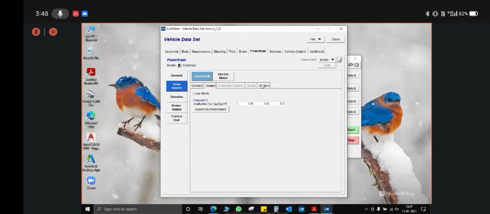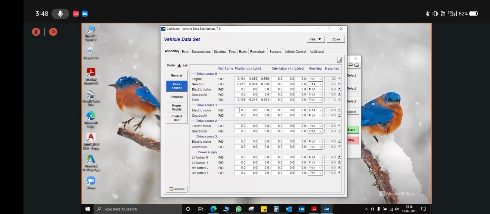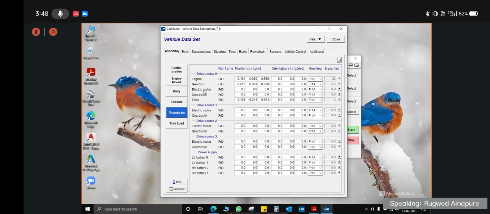If you select flexible driveline, then you have to define the drive shafts. But if you don't have the stiffness and damping values of your half shafts, then you can unselect this option. You have to put external torque as off strictly. For the rear axle, you have to define the transmission ratio, the efficiency and the inertia values.